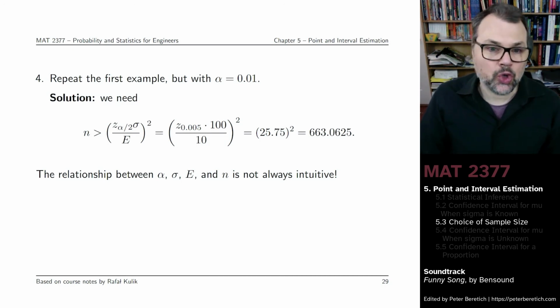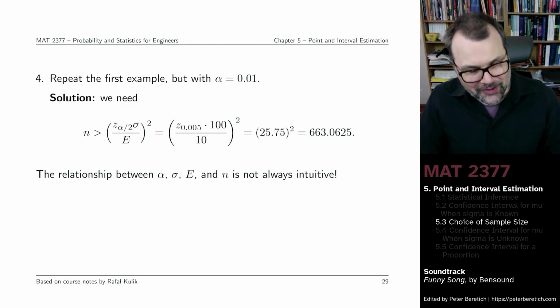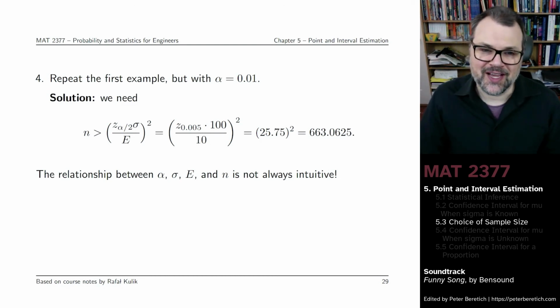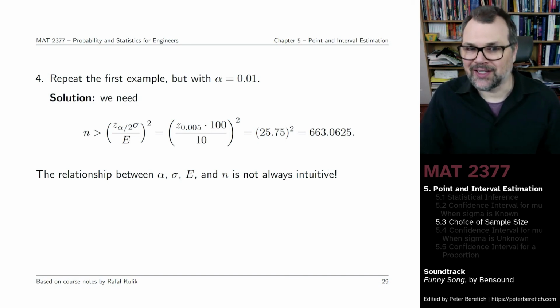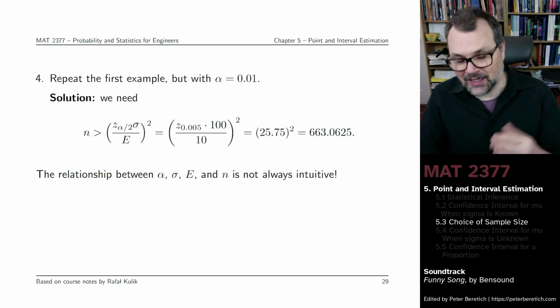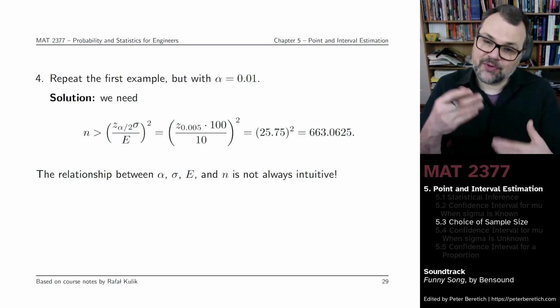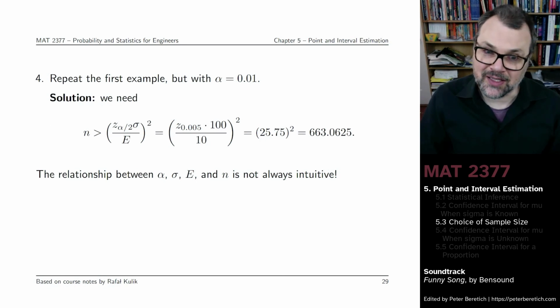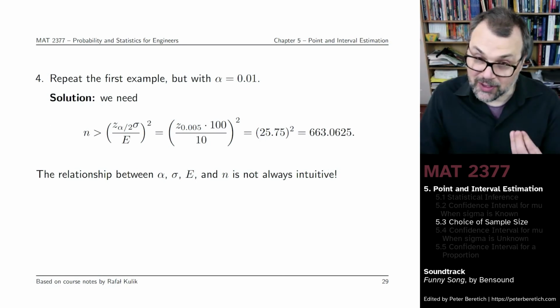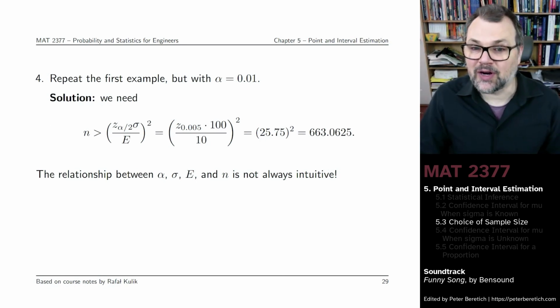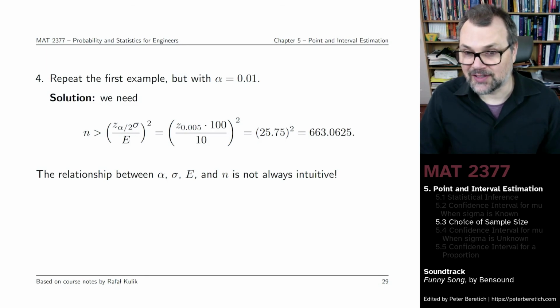Once you know deep in your soul that the percentile for the 95% confidence interval is 1.96, and for the 99% confidence interval is 2.575, then perhaps you can start intuitively guessing what these numbers would be. But until you've really absorbed that, it's always a bit of a surprise what the sample size has to be in order to meet the requirements of the